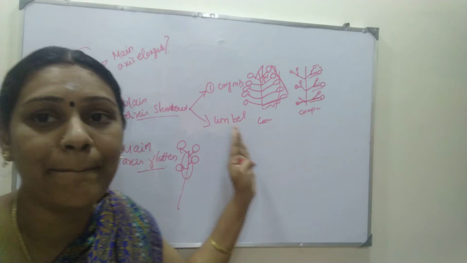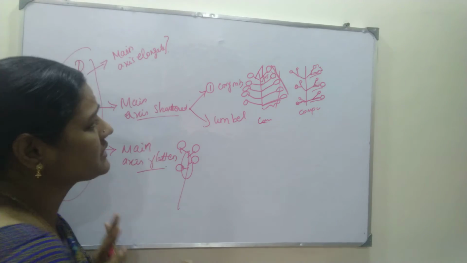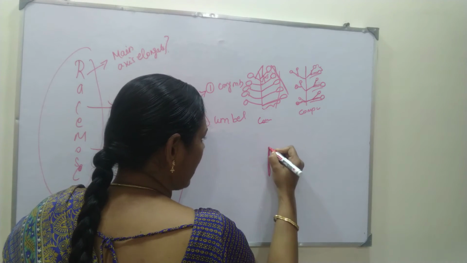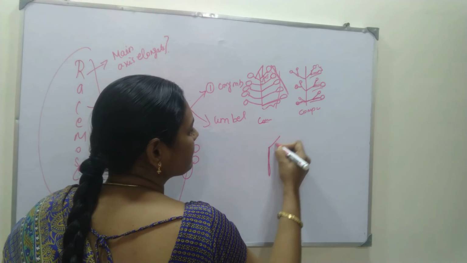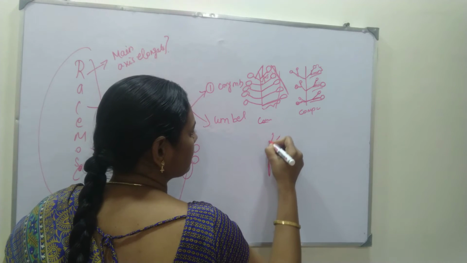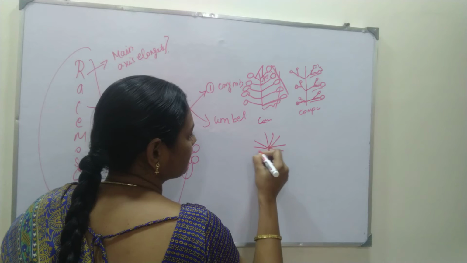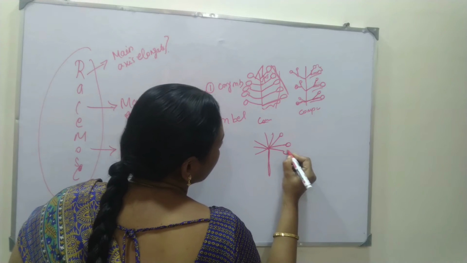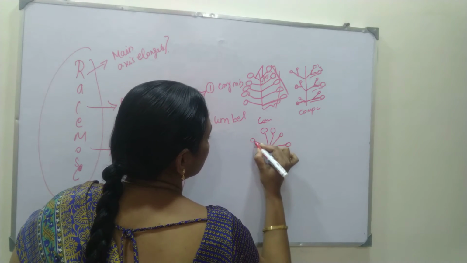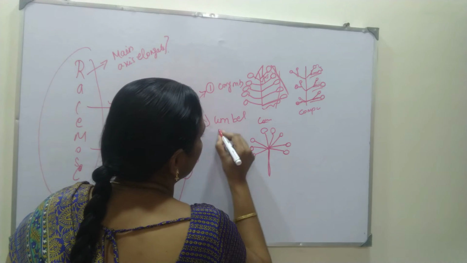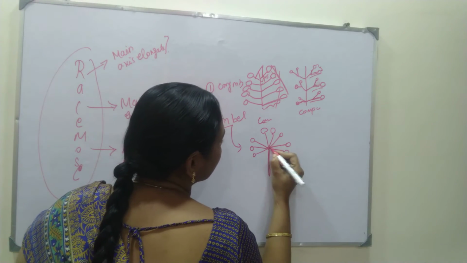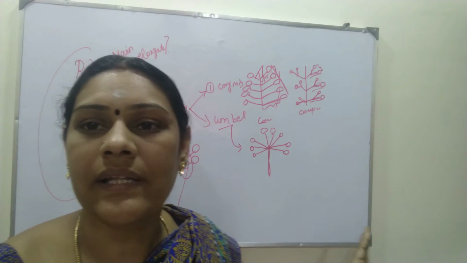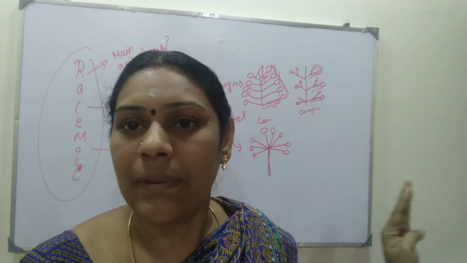Next, I am coming to the umbel. What is called umbel? Umbel is nothing but the same thing. This is the stem of the plant, and this is the point from which all your pedicels arise. So from this point all pedicels arise. Okay, so this is umbel. Umbel is nothing but the point from which all the pedicels of the flowers or the inflorescence arise. So this is about your umbel.